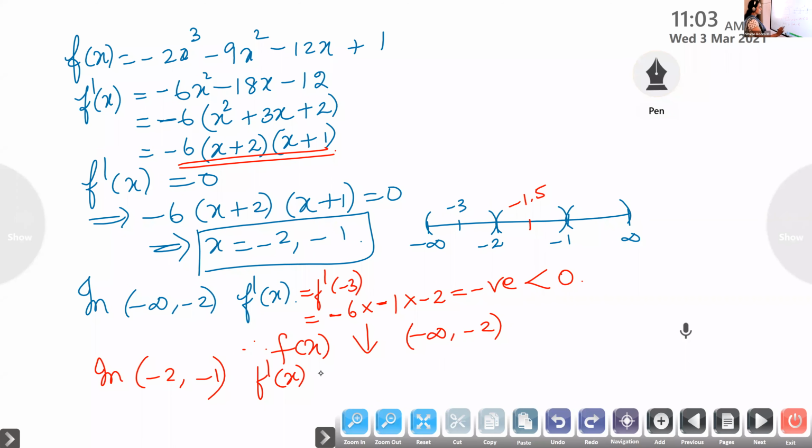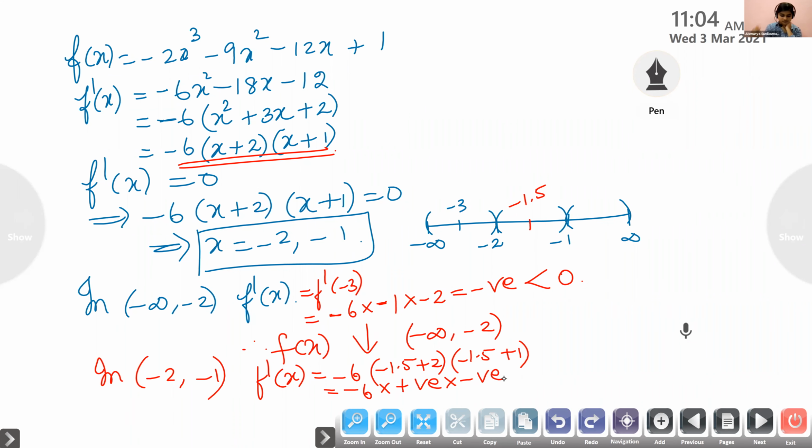So the first one is minus 6. Here is some positive quantity, isn't it? Into some negative value. Negative into positive into negative. So, is it positive or negative? Aditya, positive, in the interval minus 2 to minus 1. Is it positive, Aditya? Positive. Yes, Shubham, you wait. Aditya, is it positive or negative? Okay, it is positive.